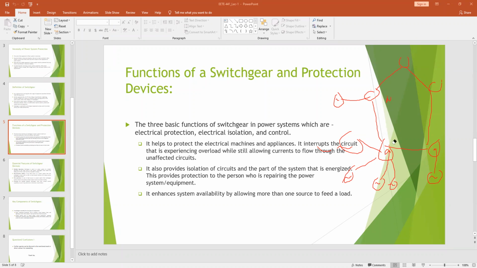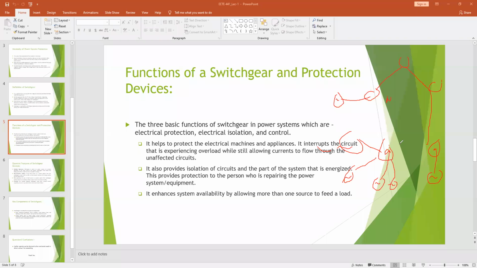So you see, you are now fulfilling the demand of the load in this zone through a number of generating stations. Now, whenever these generating stations are connected in parallel operation, you know from machine theory that at least 3 vital conditions have to be fulfilled. You cannot connect two generators in parallel until you make sure these conditions are met. What are those things? The voltage of each generator should be the same, the frequency of each generator should be the same, and the phase sequence of each generator should be the same.